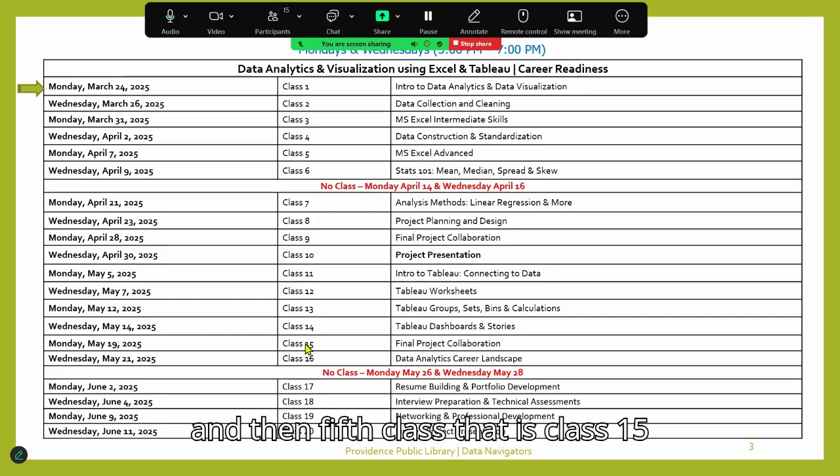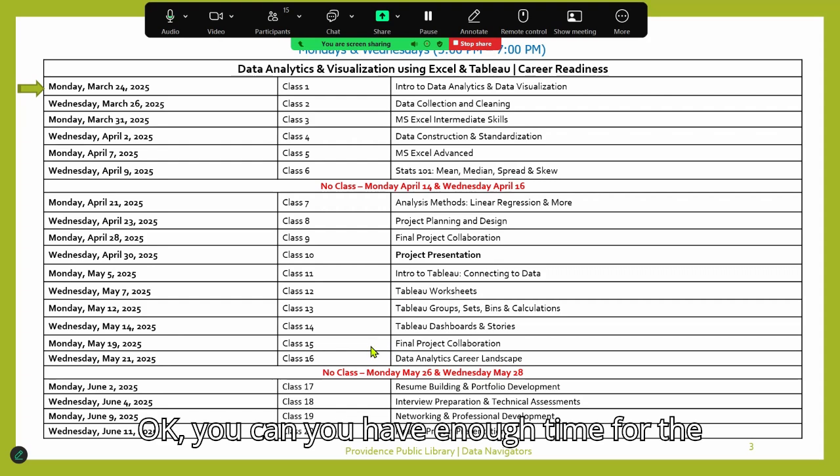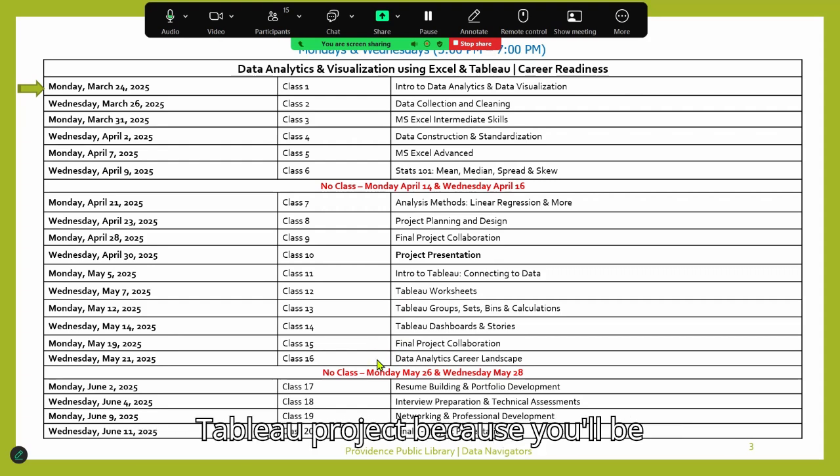And then the 5th class, that is class 15, will be final project collaboration. And then you'll be starting project work on Tableau. Okay, you have enough time for the Tableau project because you'll be presenting that only on class 20. Okay, that is the final project presentation. So what we are going to do after this, we have 4 classes, 1, 2, 3, 4. We will dedicate the